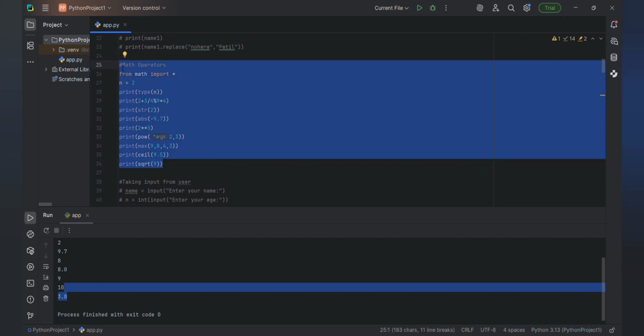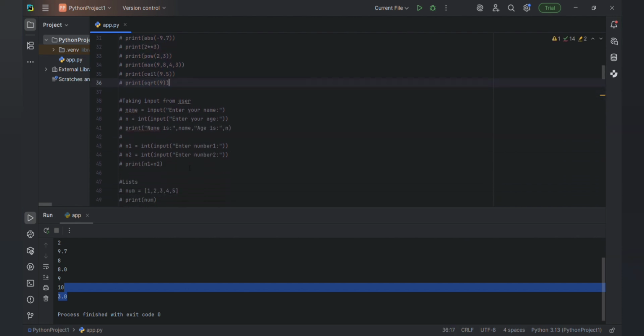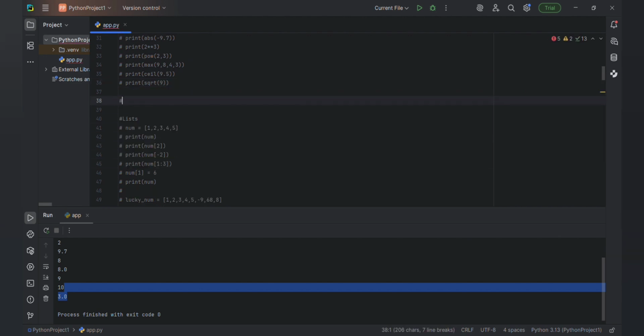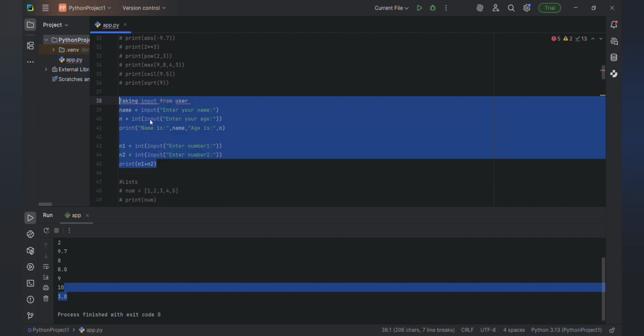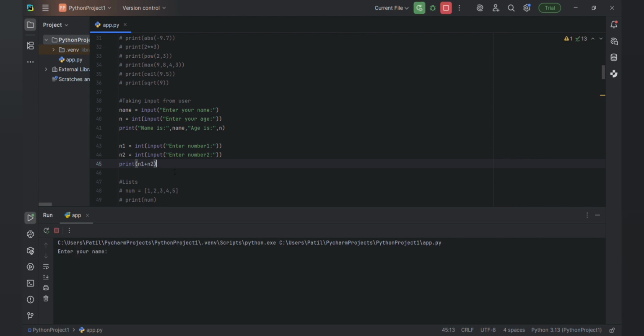Let me comment this and take you to the next, which is how to take the input from the user. Let me run this. Here name is equal to input, enter your name.